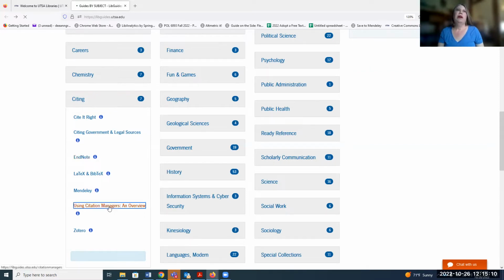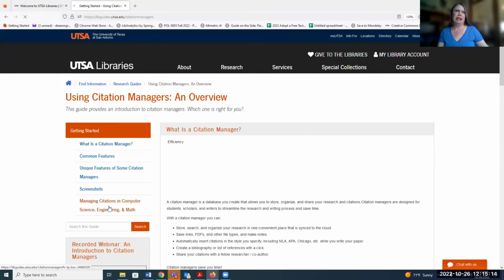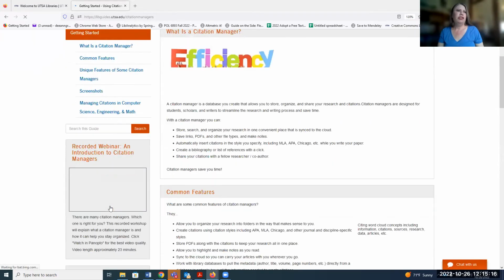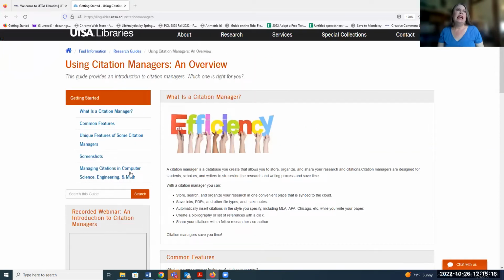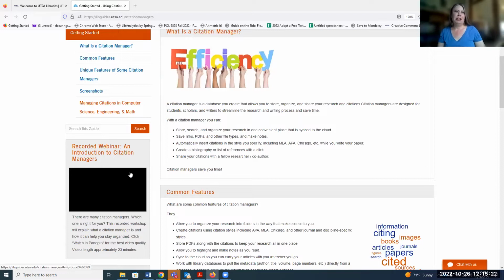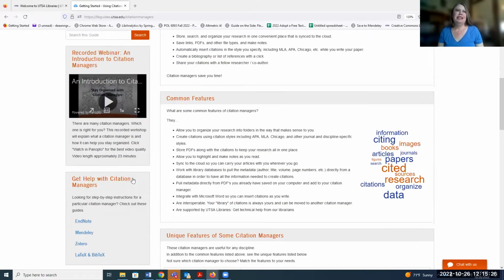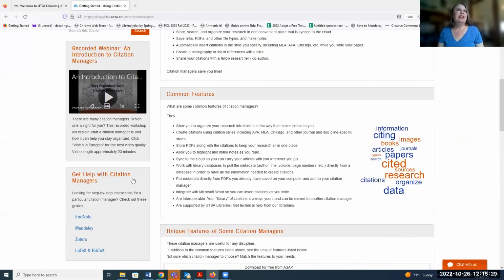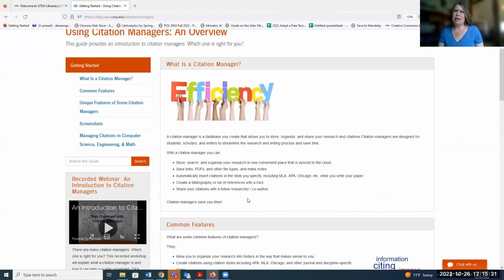If you want to learn about citation managers in general, we have this awesome guide that my colleague Sherry Salisbury maintains. And it talks about all of the basics, right? So all the things I'm sharing with you right now. What are citation managers? What do they do? And it also helps you decide which one is going to be the best one for me. That's a common question that we get at the library, and it really depends on your needs